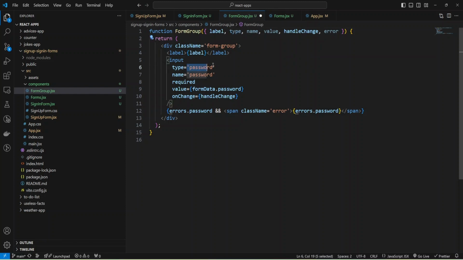And also for type and for name, all fields are required, and value, and also an arrow, just arrow and here. Okay, and I can export my component, export default form group,